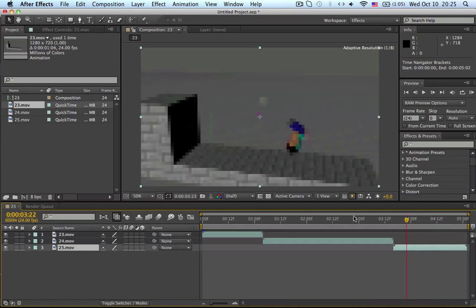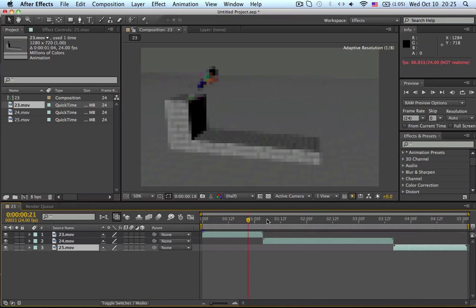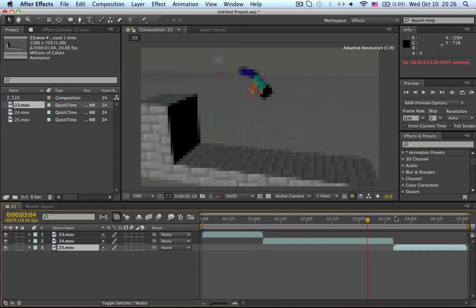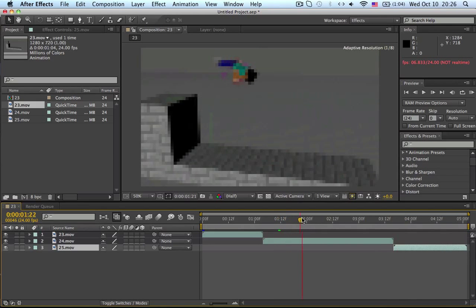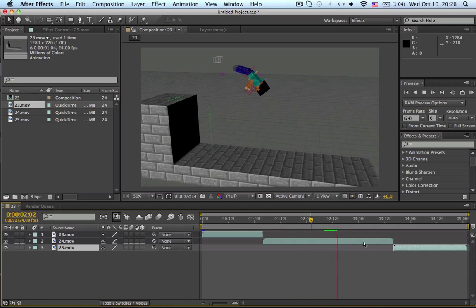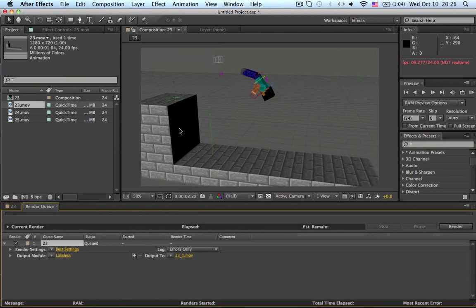For some reason it's working right now, but see, it's not working now. If you know what the problem is, please tell me. It is really annoying. I cannot RAM preview anything. I just basically have to look at it like this, going in slow motion when I hit play. But it's not even real time, so I'll render it and show you. So composition settings, add to render queue,